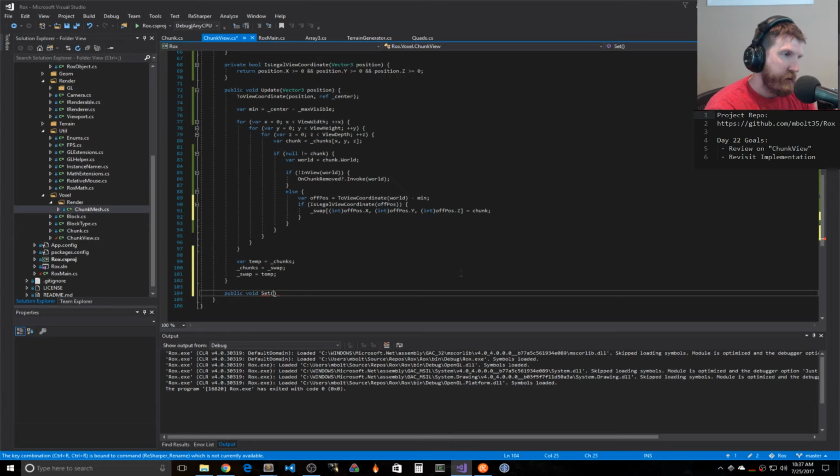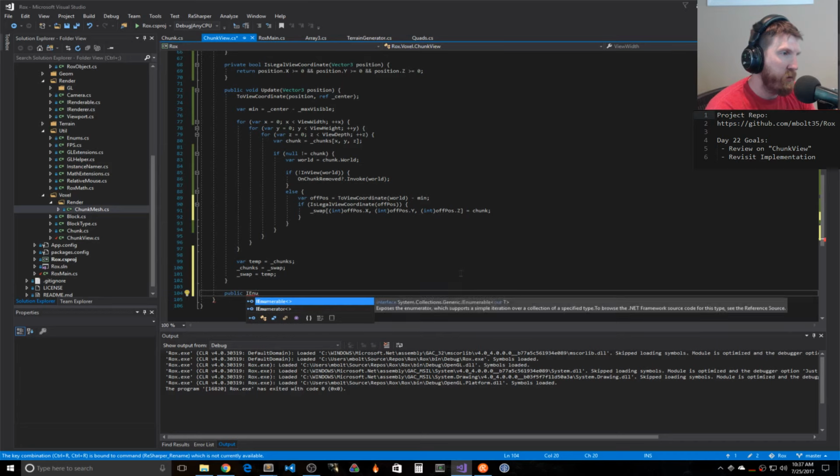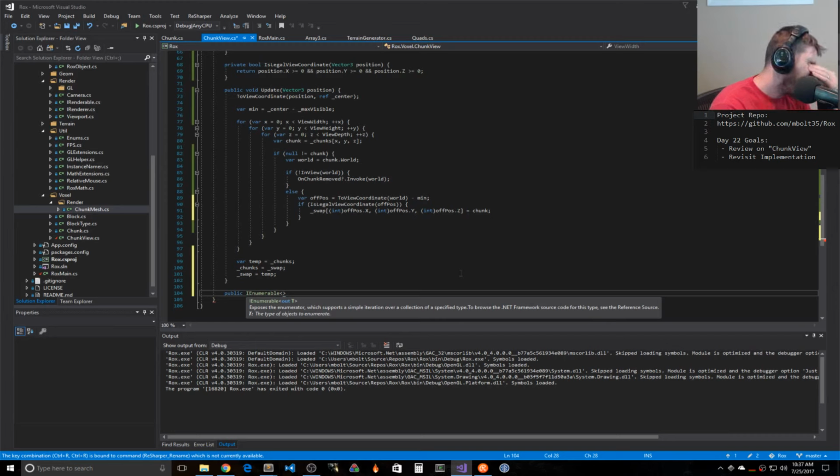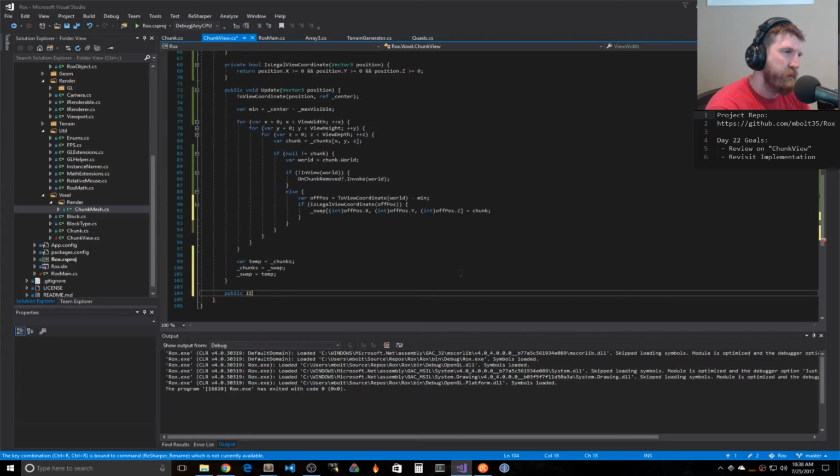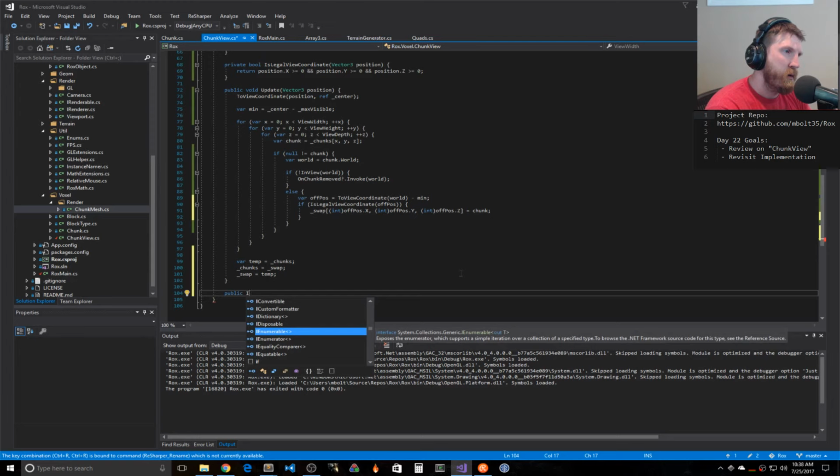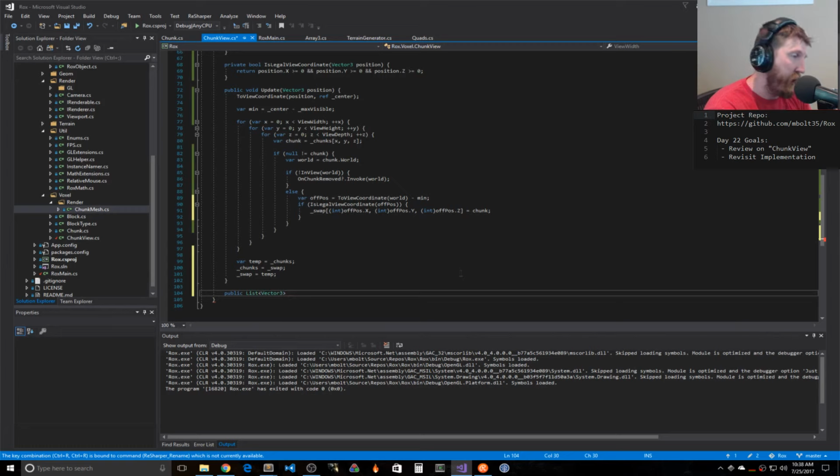Actually, you know what? Let's just do this. We'll just do IEnumerable. I think we should do enumerable. Maybe enumerator. Actually, let's just return a list currently, and then what we'll actually do is end up returning probably an enumerator, and that way we can